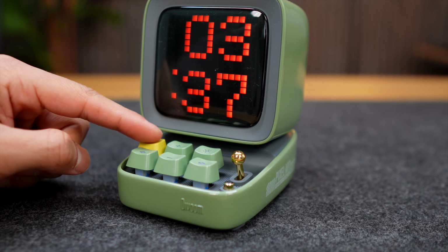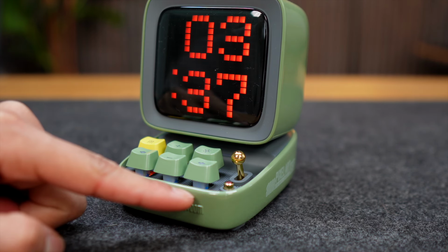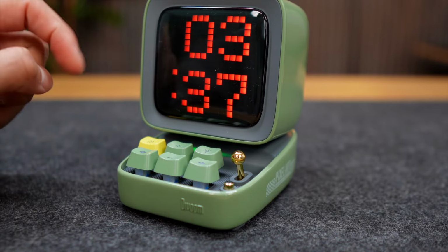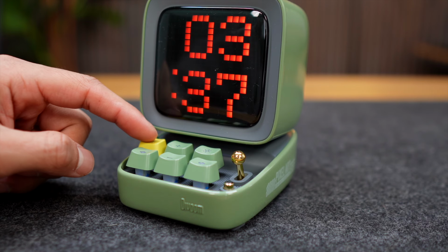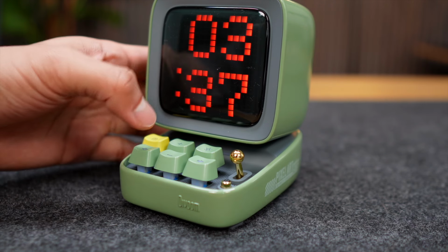And it looks like everything is off. Hold it again. And now we had like a little bit of pulsating there. And I don't know how many settings. I think that's only 2 settings or so. Yeah, nothing. And then all the way in the back, I'm not sure if you can see, but there's actually